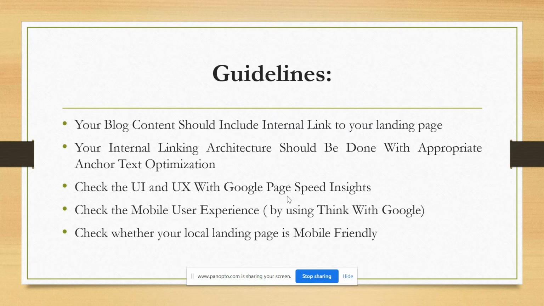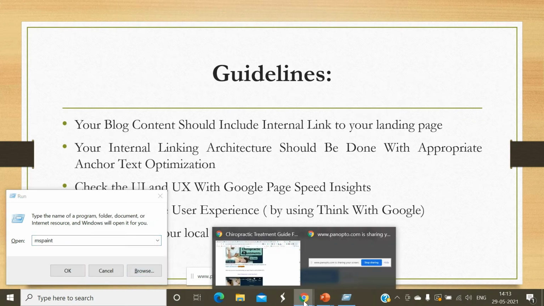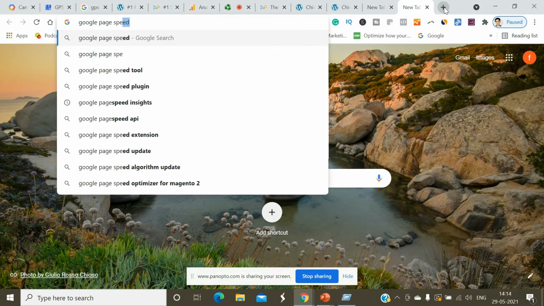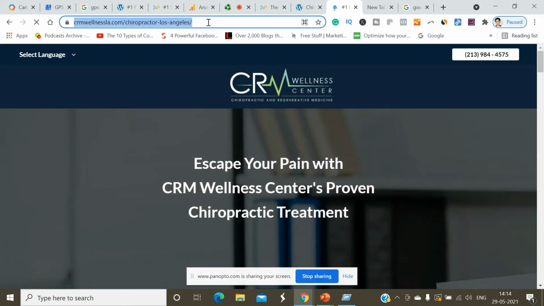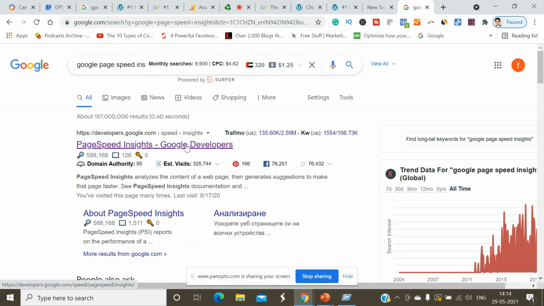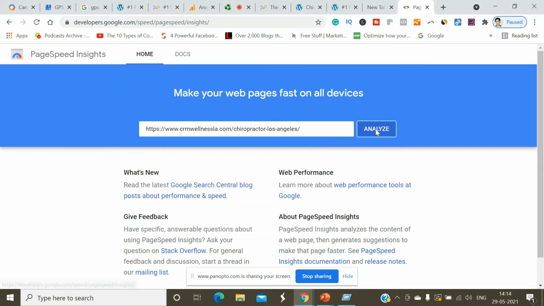Then you can check the UI and UX with Google PageSpeed Insights. So I open PageSpeed Insights for this page.